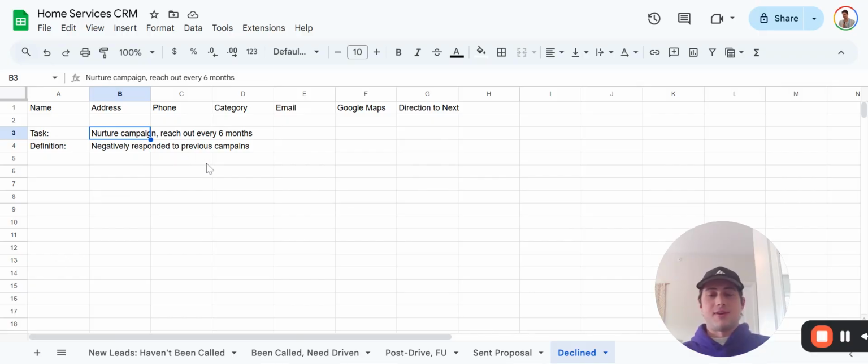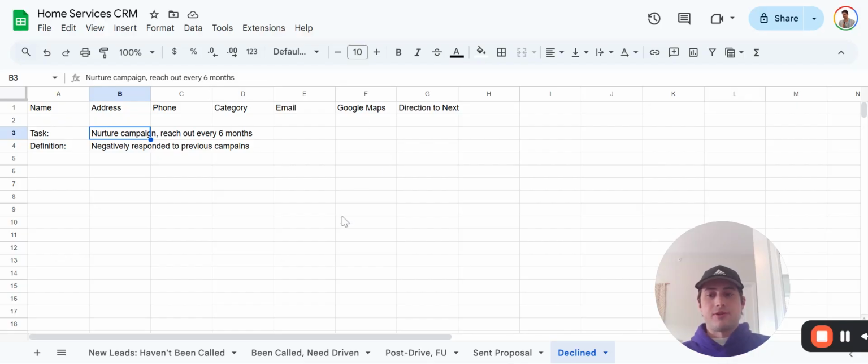Most people probably won't say yes right away to services like this, but if you're effective in making sure that you're continuing to put your name out there and build brand awareness in that area, then the deals will eventually come from this sort of bucket. So that's all I wanted to talk about today, and that's just kind of strategizing what your CRM should look like from the start. I'm always a big fan of setting these up in Excel prior to